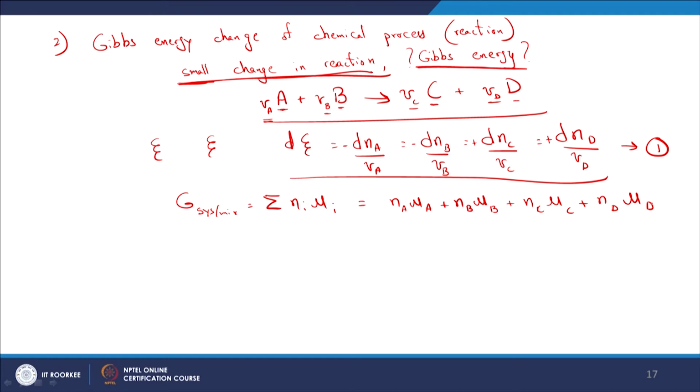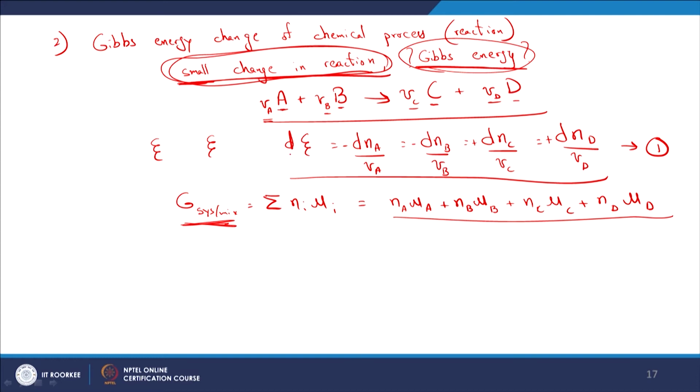So obviously again what are we looking at? This is the initial Gibbs energy of the system or the mixture, this particular term or set of variables here. And what do we want though? We want to observe for a small change in reaction, how is the Gibbs energy changing. And we already defined a small change in reaction as dξ. So if I take the derivative here, dG of the system by dξ,